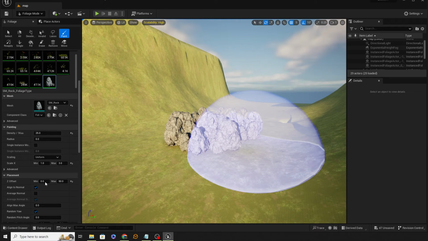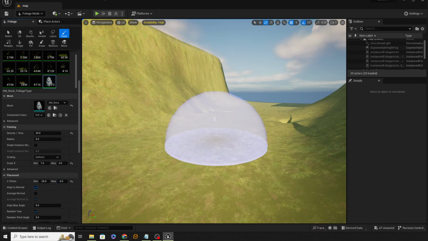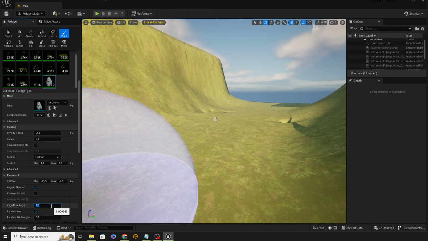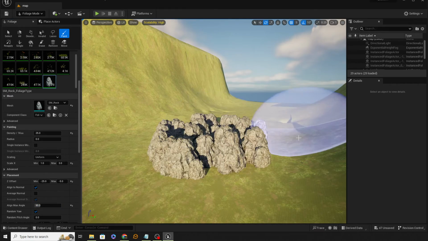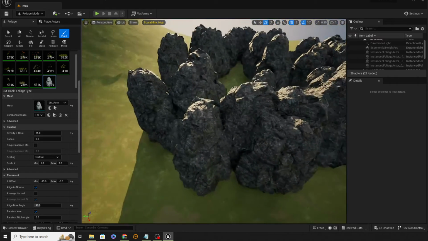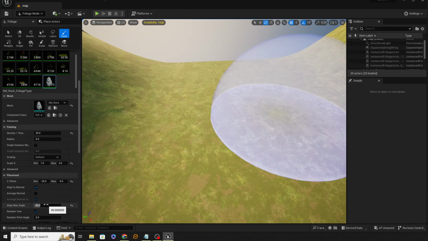I can do this the other way though. So if I change my minimum offset to -25 and the maximum to -5, I can make it look like they're further into the ground. Okay, and that's another random amount that it's doing it by. Now another thing I can do is change its alignment maximum angle. Change that to 90 degrees, and now they're starting to lie in different positions and tilt and do all sorts of things like that. Now if I change my alignment maximum angle to anywhere up to 180 and then click,